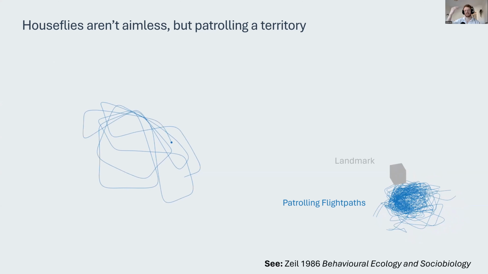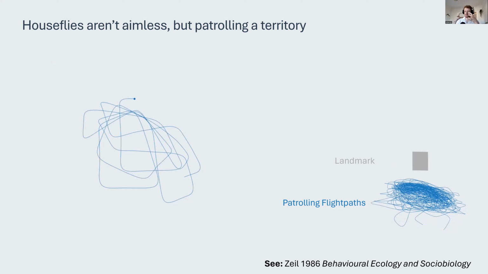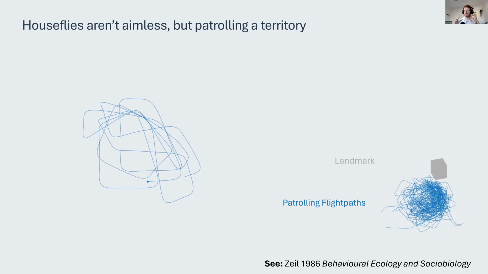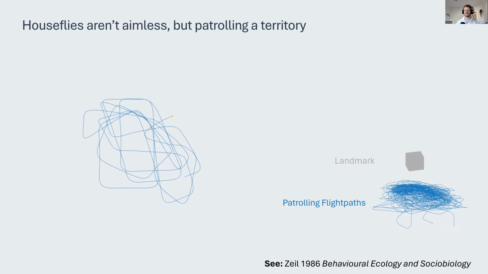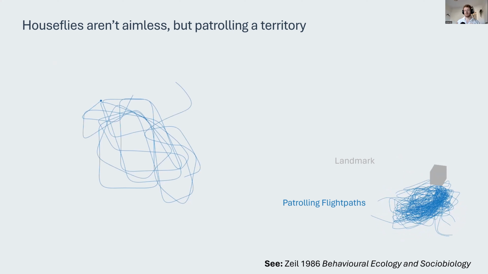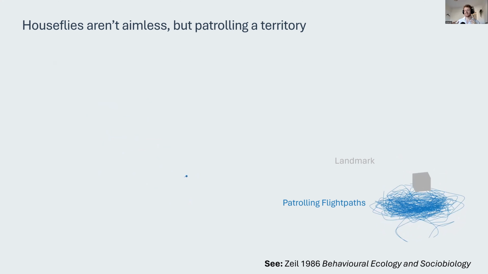But as this starts to build up, we start to see this kind of regular pattern emerging that is really trying to hold on to this territory underneath this landmark. And we think it's something to do with the fact that females come and land on the landmark, and that this male that's sitting just underneath, already got his engine fully revved up and ready to go, is in the best place to intercept that female. But I'd say it's still relatively poorly understood exactly why this is a good thing to do.